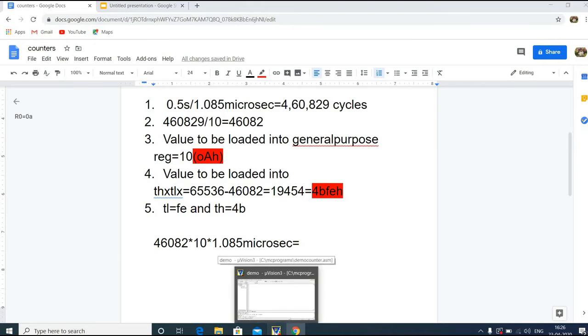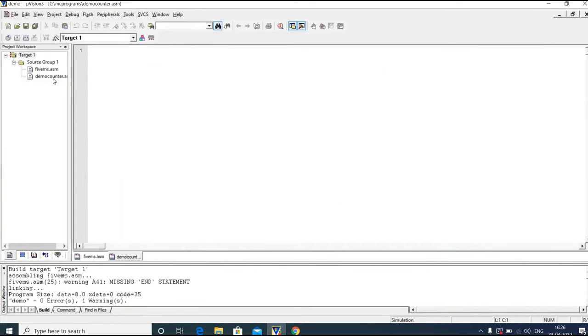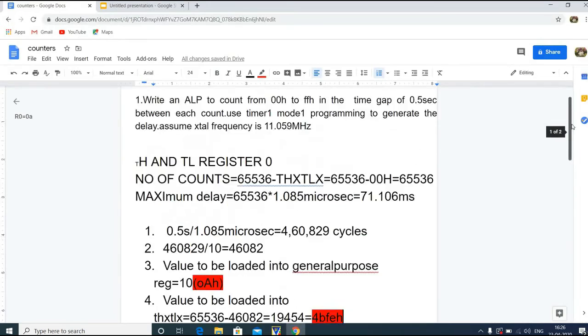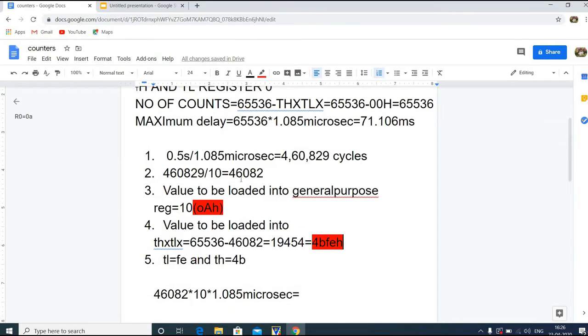Okay, so let us do that using the compiler now. Okay, so in this program, and one more thing, I suggest you to follow these steps when you are creating a larger delay.